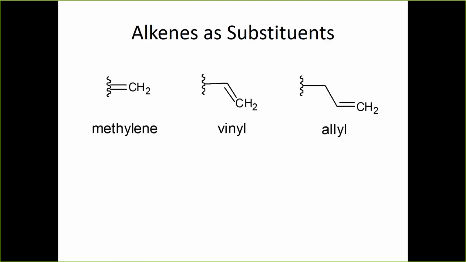When you use alkenes as substituents to things, again, they have special names. The very simplest one is a simple double bond to CH2, which you see at the top left there, and that's called methylene. The one next to it, which normally would have been ethylene, is never called that, it's called vinyl. Okay, so again, this is just a common name you need to learn, vinyl. The one next to that is not called propylene, it's called allyl. So you won't see as many allyl structures, but vinyl shows up quite a bit in several compounds of toxicologic interest, and I'm going to show you some examples of that.